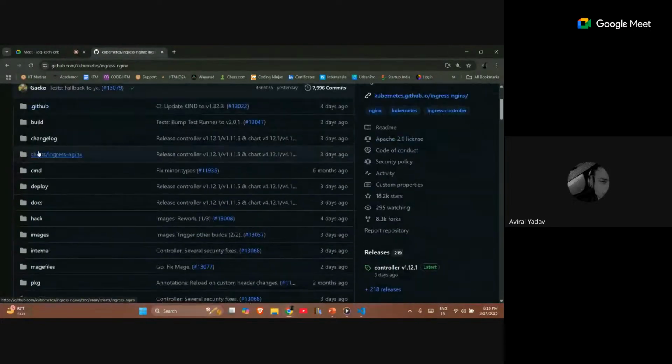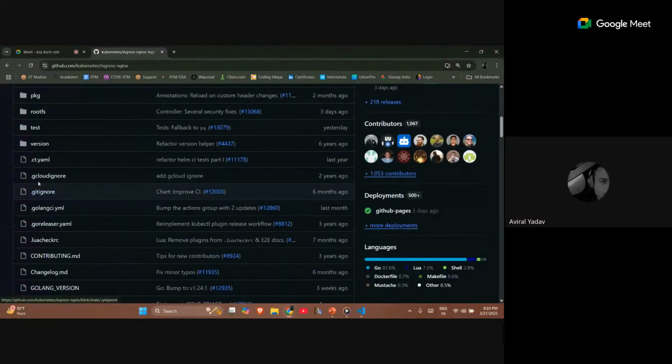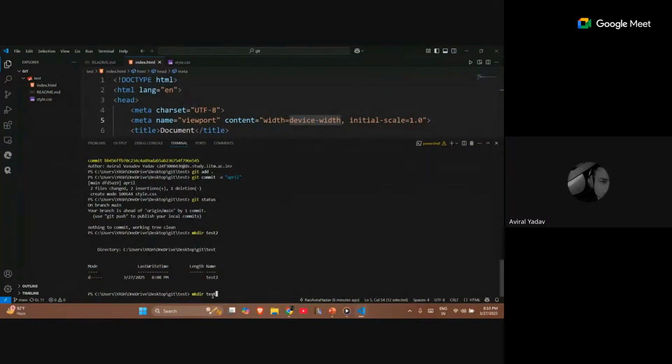There are multiple folders within, as well as files. To create these folders, you can simply use mkdir, which stands for make directory, and then the name you want to give to your directory. Currently I don't want to make a folder within my repo. I just want to create a new repository all at once.